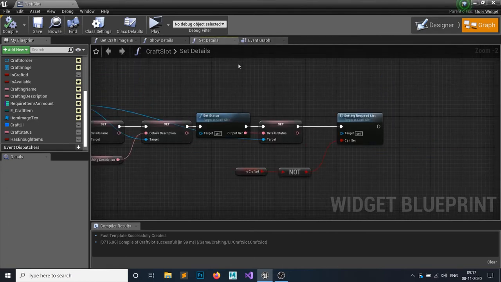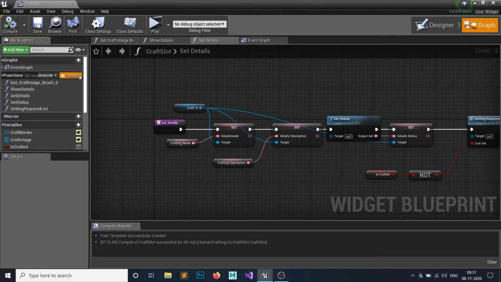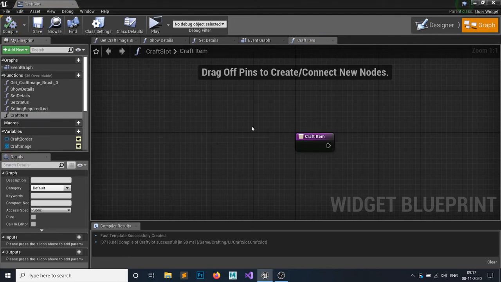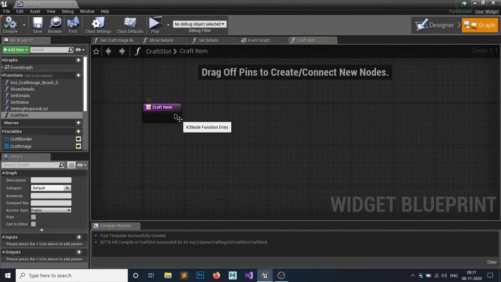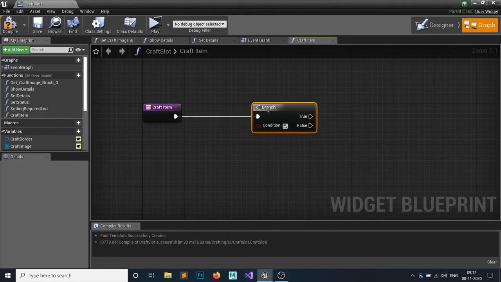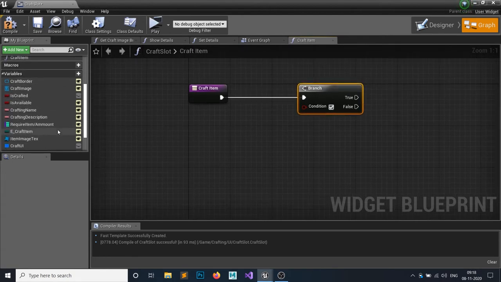Now what I want to do is craft. So let's make a function called craft item. So what are the crafting conditions? The item should not already be crafted, because if it's already crafted, then I don't want to craft it, unless it is a smoke bomb.